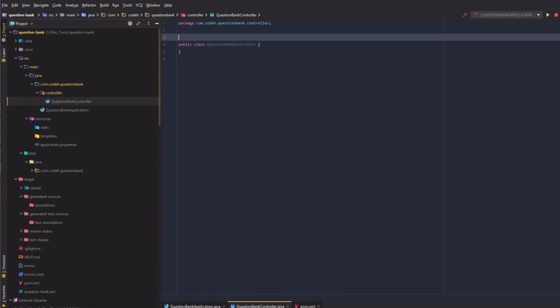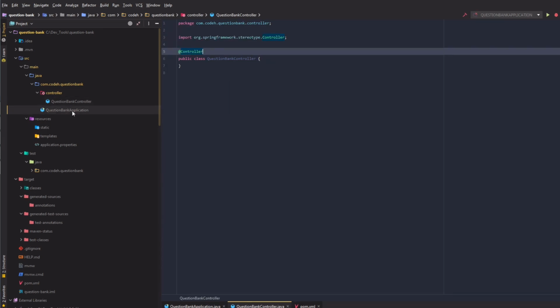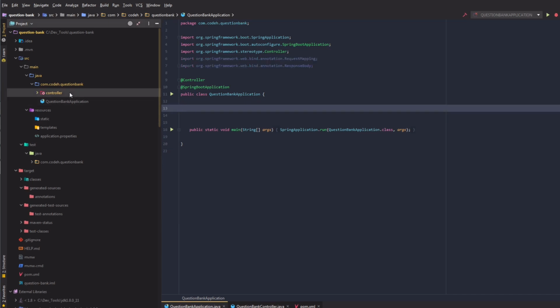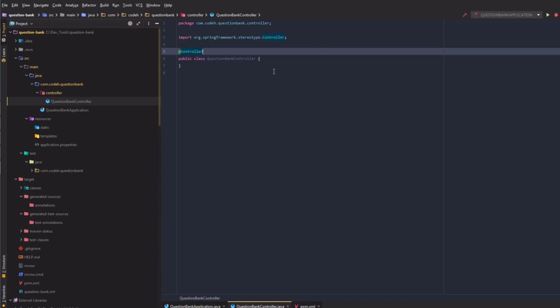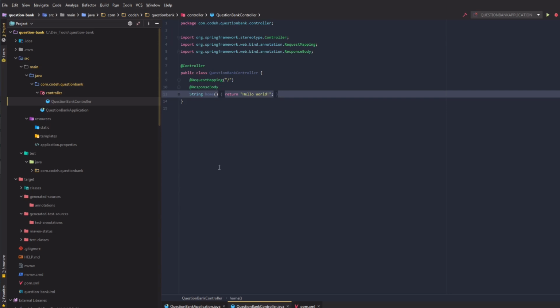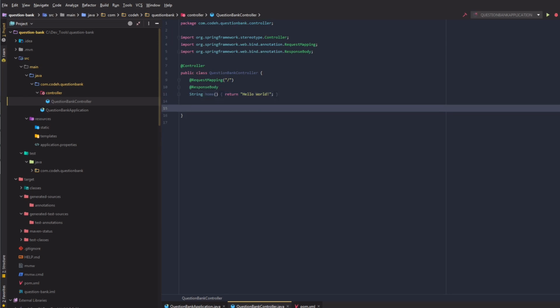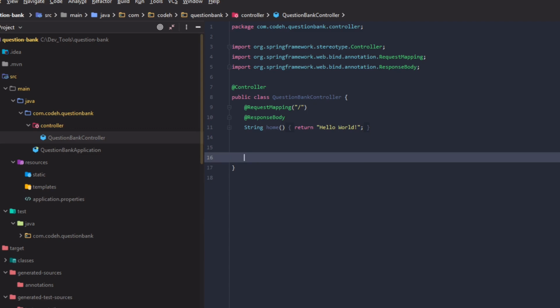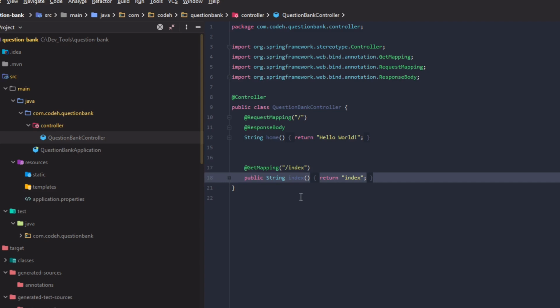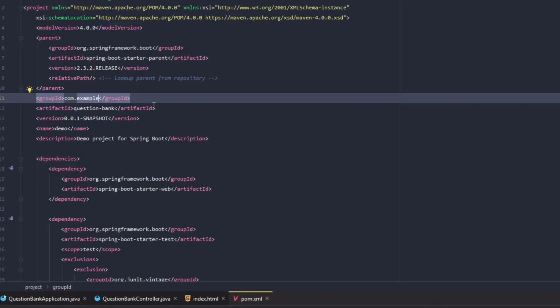And annotate the same as a controller. Also, we will copy the request mapping method into this controller class. This mapping returns a string as a HTTP response body. Similarly, if we need to render a HTML view instead of a string, all we need to do is omit the response body annotation, and the method should return a view name to the dispatcher servlet. The dispatcher servlet will take help from the view resolver to pick up the defined view for the request.